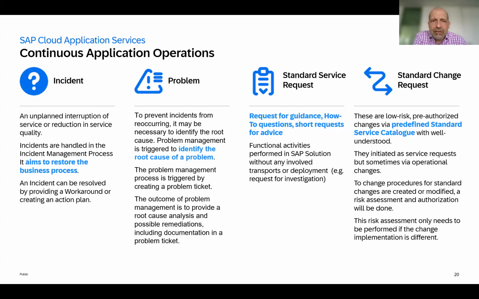It could be something where probably a workaround was first implemented, but afterwards you have to implement a note, for example, or to use other SAP tools or housekeeping possibilities, for example. And then, of course, we also help with these infrastructure topics like you would like to have a transport done from one system to another. If you have changed something in your customizing, you would like to get the changes transported and tested. We support you in this process also. And of course, for standard change requests, we are also helping.